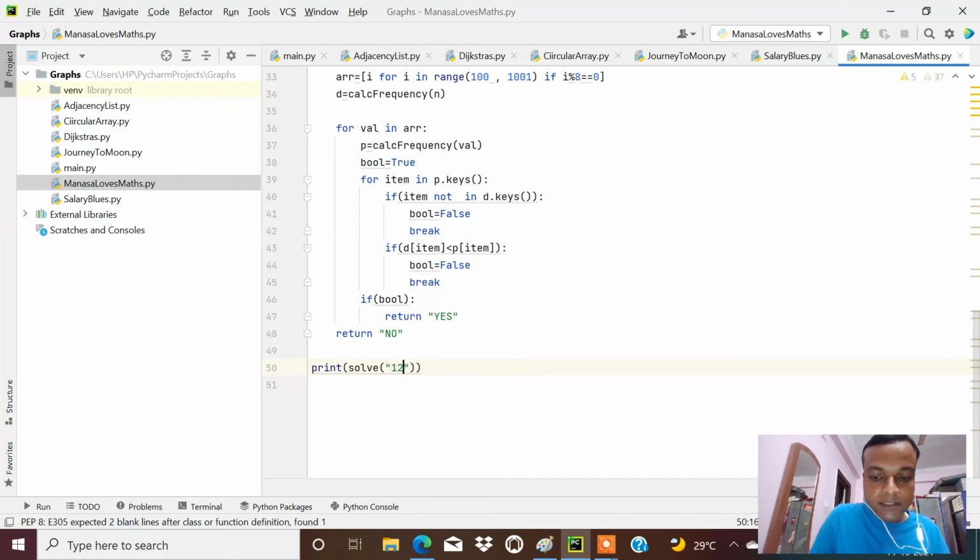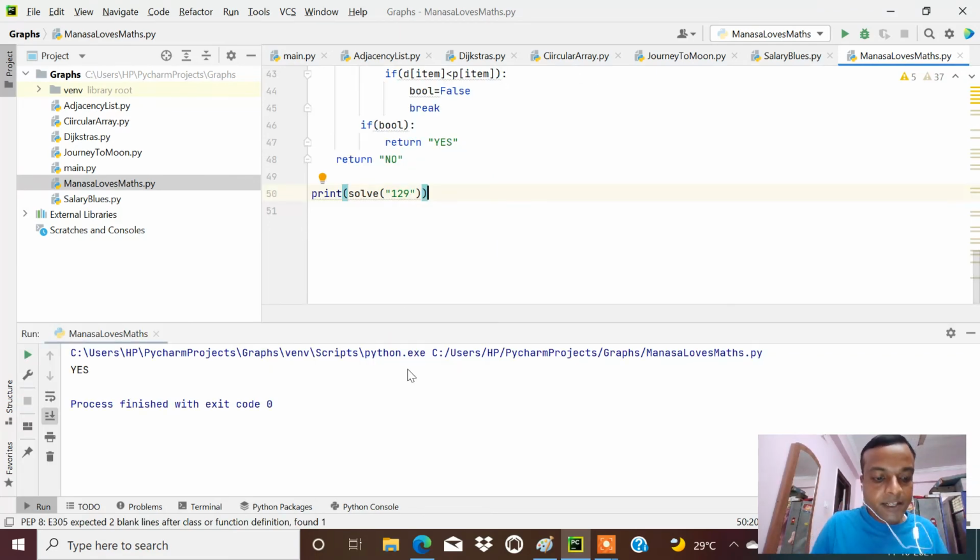Let us try some other option. 129. This is not divisible by 8. Let me run it. F10. See, again it is printing yes. I think there is some